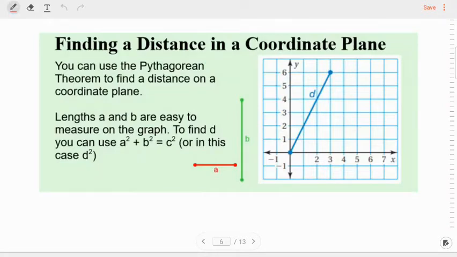This lesson is going to talk about how to find distance between 2 points on a coordinate plane. Now, we've been talking a lot about the Pythagorean theorem, and I can actually use this theorem in order to find the distance between 2 points. If I'm trying to find the distance from this point to this point, so the length of, we'll call it